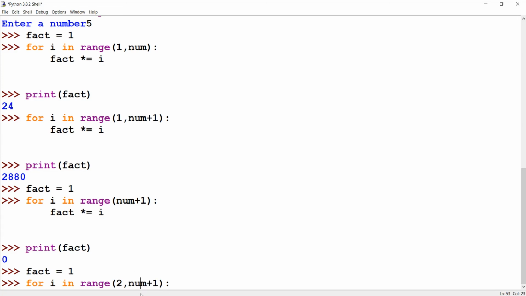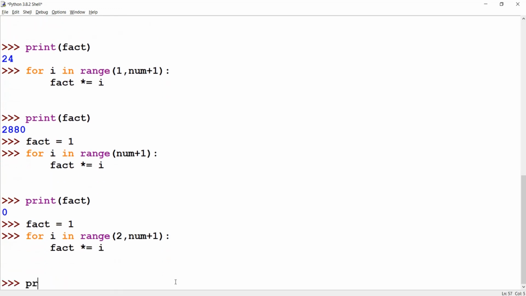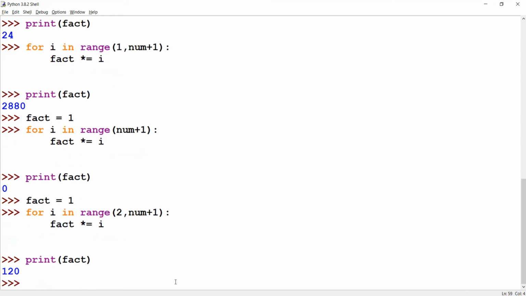It will not have num in the sequence. To have num in the sequence, I just want to use num plus 1. After this, I will do fact into equal to i. Now it will give me the correct answer, which is 120.